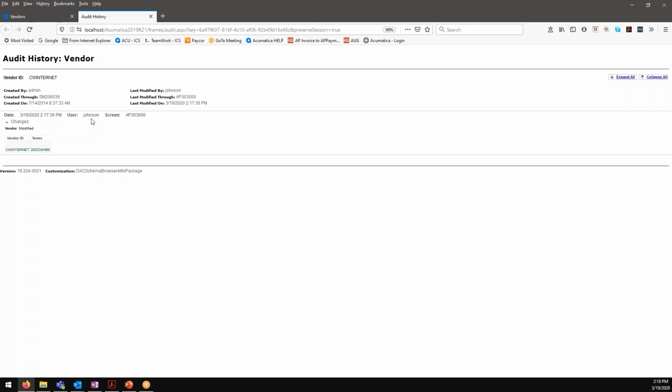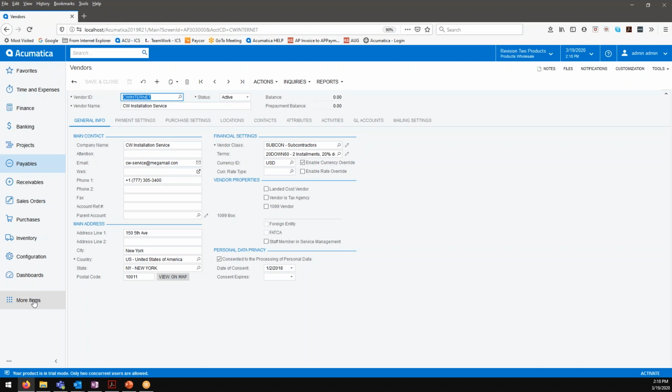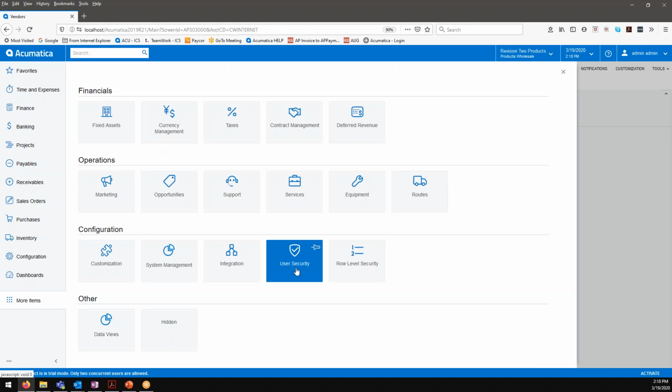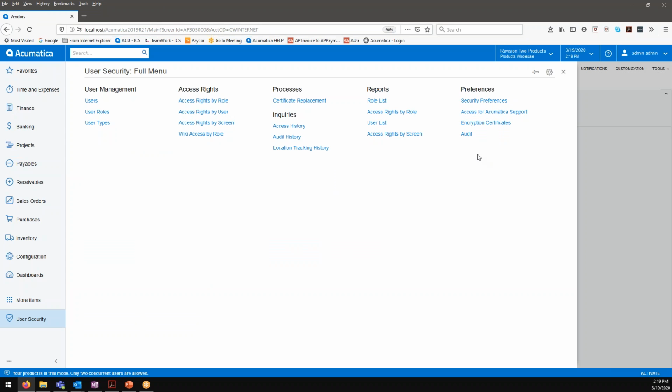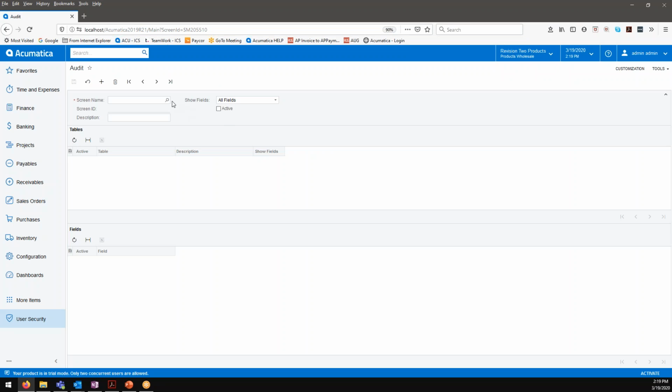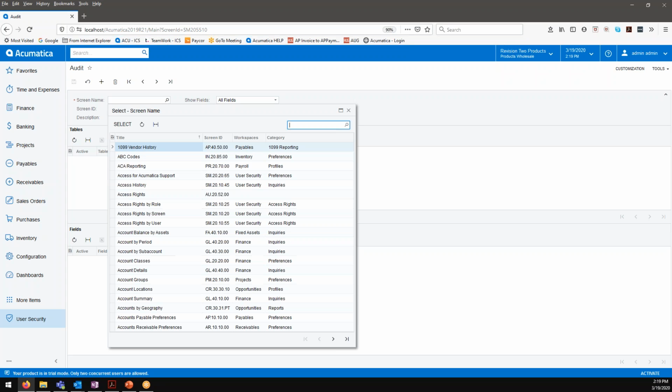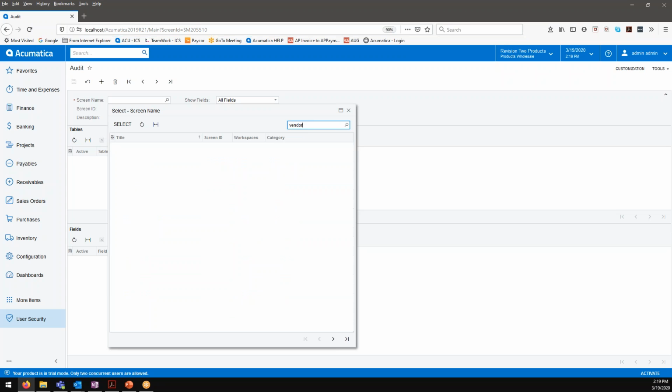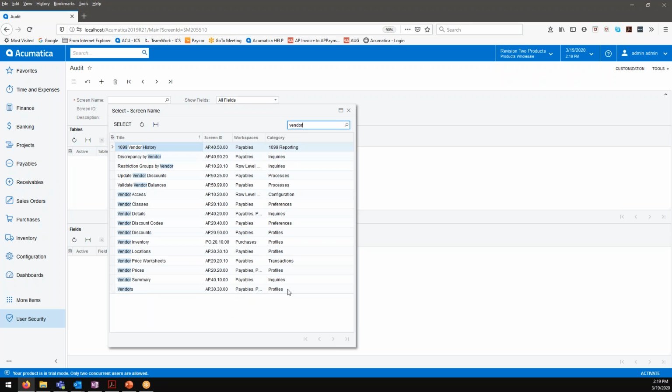So how did I get there to be able to do that? That's where we're going to go back to our user security, and under preferences, there's an audit. We pick up audit, and this is where you can pick the screen. What form or screen do I want to track this at? So I'm going to use my lookup, and I know that it is off the vendor. I'm going to pick my vendor profile